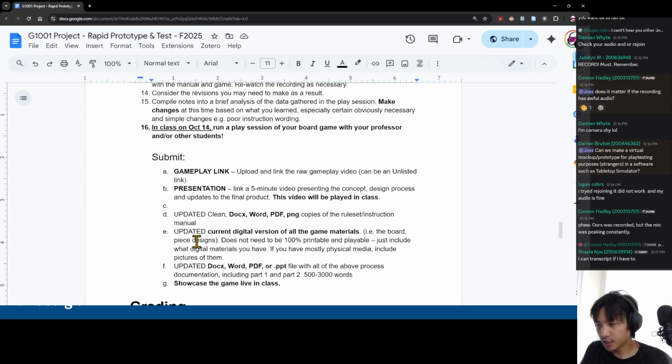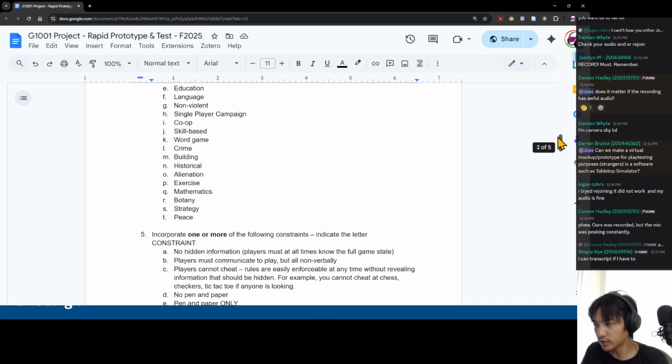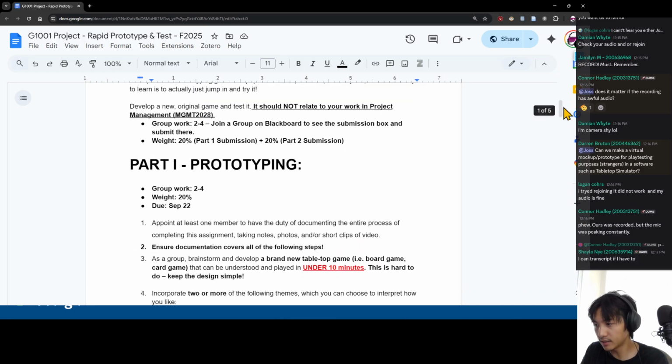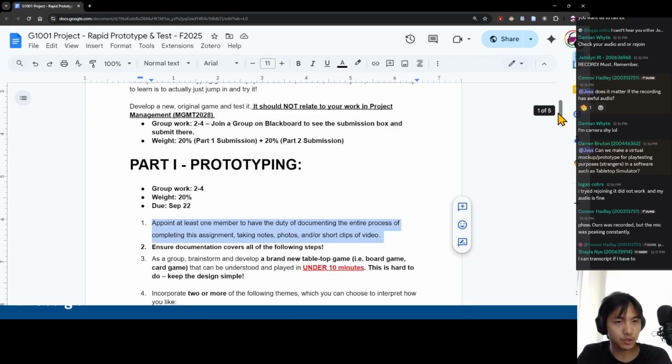Note down all the changes between part one and part two. So if you're not noting them down now, you should be noting them down now already. Okay? That's why I recommended you delegate at the beginning. I recommended you appoint at least one person to be fully responsible for documentation. Just writing what you did, not even necessarily involved too much in making changes to the game, but just talking about what you did, like writing down and documenting what you did, because that's a big part of this